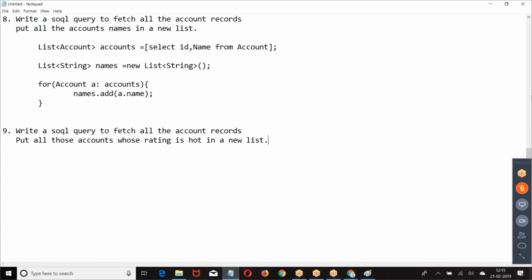Write a SQL query to fetch all the account records.